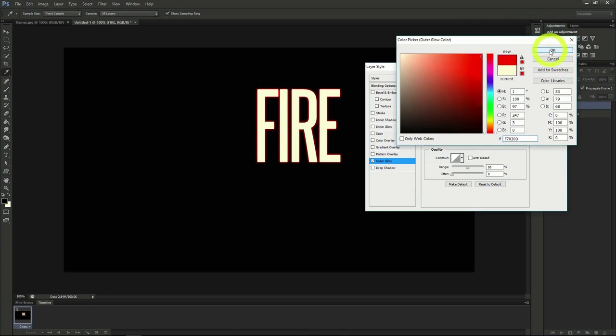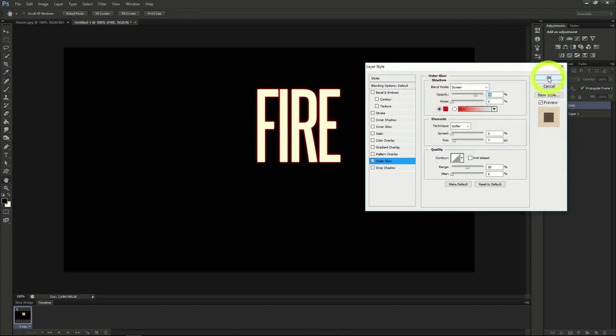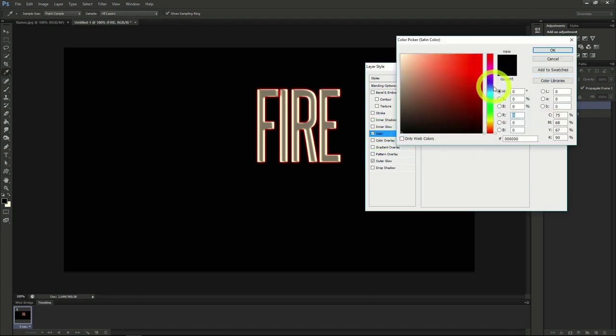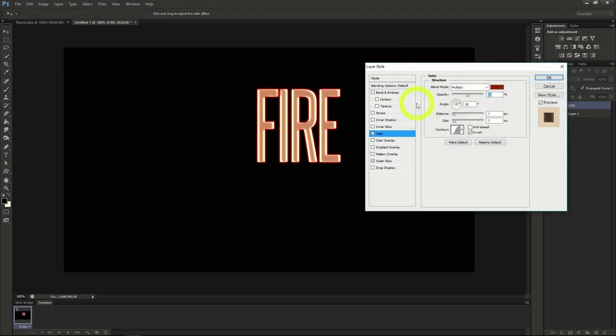F70300, then hit OK. Select the satin blending next and change that color to 872D0F, and hit OK as well. Change the opacity on the satin effect to 100%. Change the distance to 10 pixels,